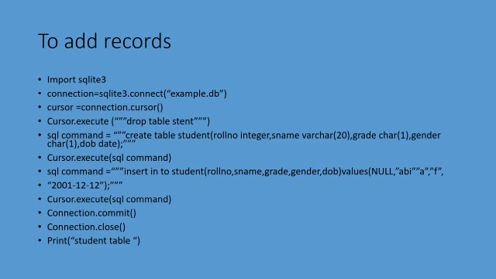Next is student name. I am giving some name with double quotes. Next grade. You can give any grade. Gender, male or female, and then date of birth. Some values I can give, 2001 year, 12 and 12 I have given. This is the date. Now this is the SQL command I have given.